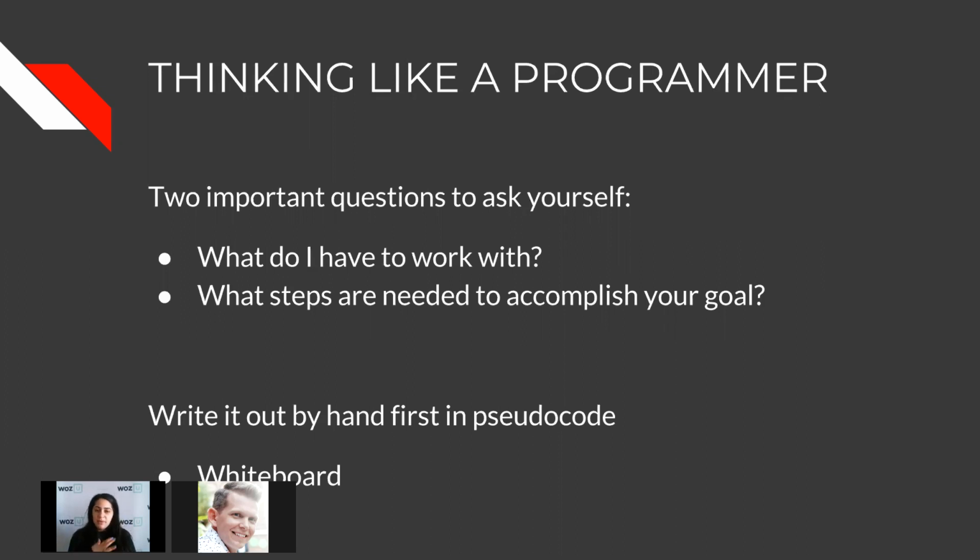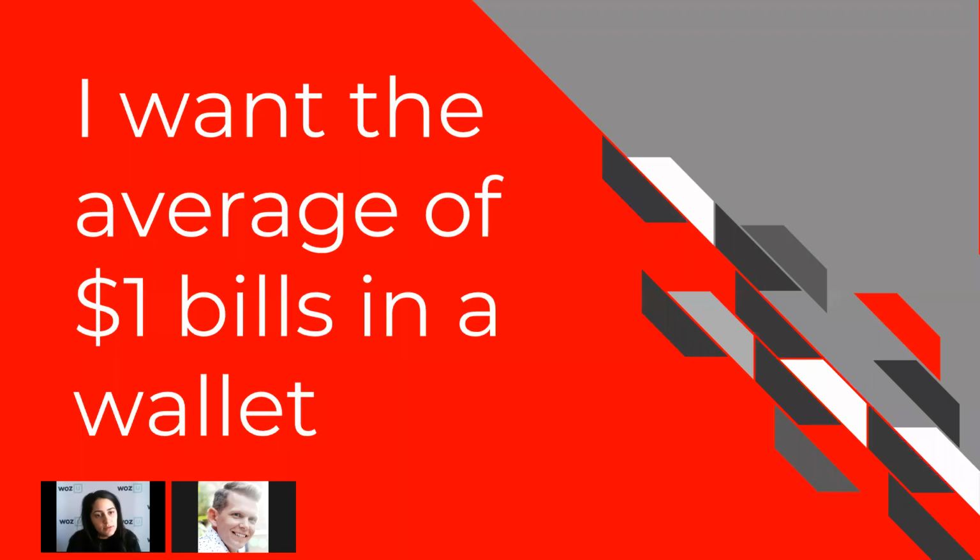That's a lot of things that beginners forget to do. They just jump straight into the code and try to solve the problem all at once. And it can become very overwhelming, and you're still trying to learn, so you'll forget things and then you become frustrated. But if you write it out first by hand and answer those 3 questions, what do I know, what do I need to know, and what do I need to do, then it'll be a little bit easier for you when it's actually time to write the code.